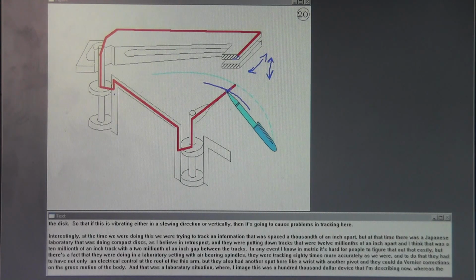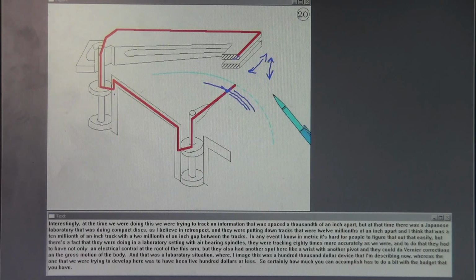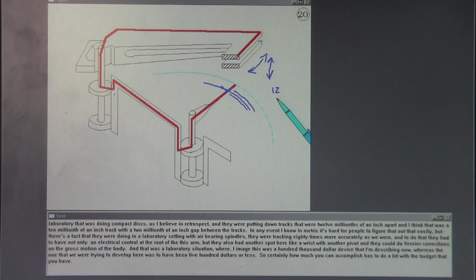Interestingly, at the time we were doing this, we were trying to track information that was spaced 1/1000th of an inch apart, but at that time there was a Japanese laboratory that was doing compact discs, as I believe in retrospect, and they were putting down tracks that were 12 millionths of an inch apart. I think that was like a 10 millionth of an inch track with a 2 millionth of an inch gap between the tracks. In any event, I know in metric it's hard for people to figure that out easily, but the fact is they were doing this in a laboratory setting with air-bearing